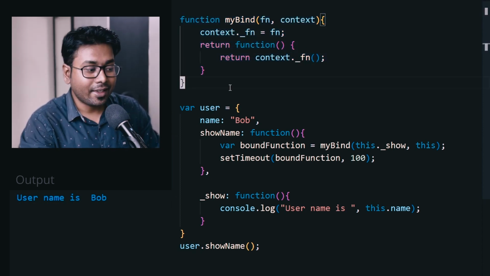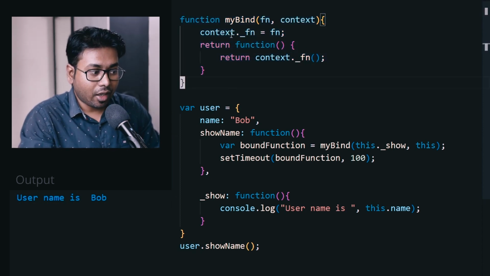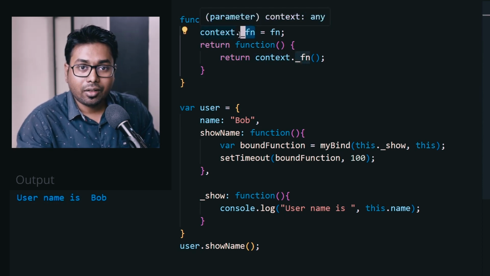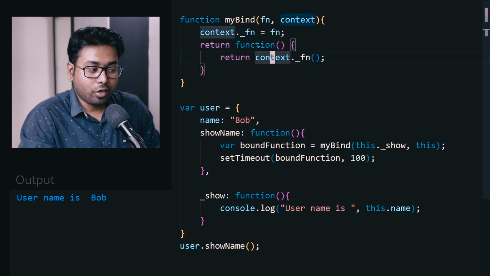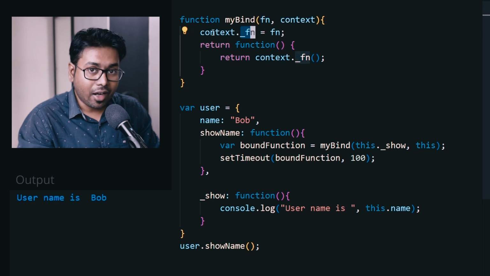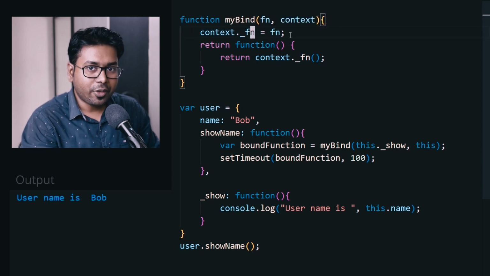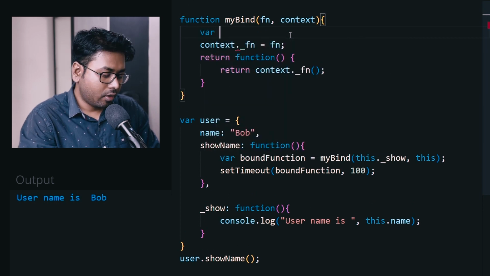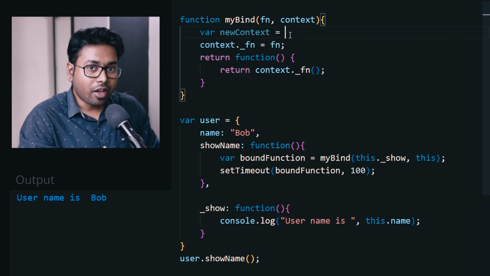Okay, now you can say that you are polluting the context, right? I'm creating a new property. Now why would I do that? You should not pollute the context. So let's fix that also. So instead of adding fn in the context, why not create a new object? Okay, so I'm going to create a new object, maybe new context, but this new context is going to